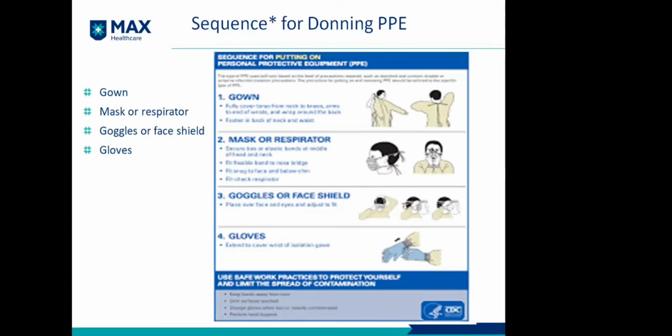So that is usually recommended by CDC, and this is usually why: in that way we will be able to protect ourselves whenever we are in contact with a patient who may be COVID positive, or any infectious patient. So the sequence of putting on the personal protective equipment is gown, mask, respirators, goggles, face shield, and gloves.